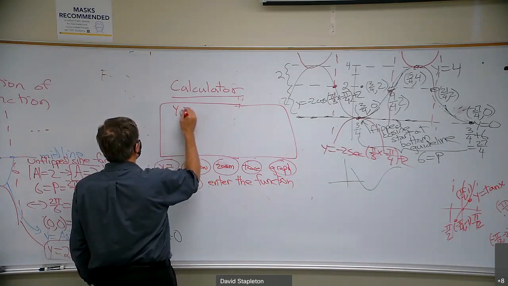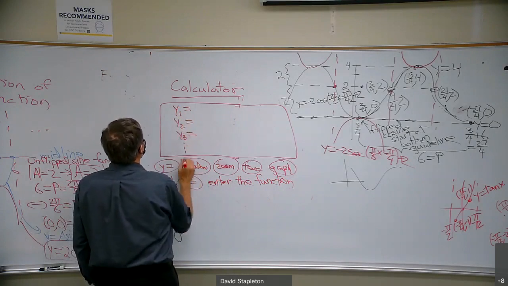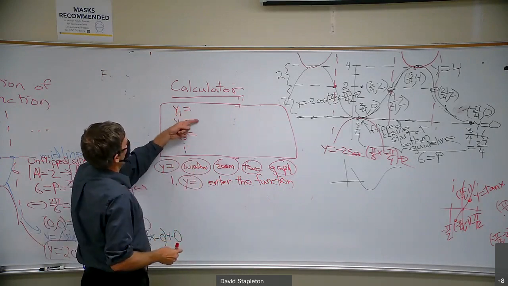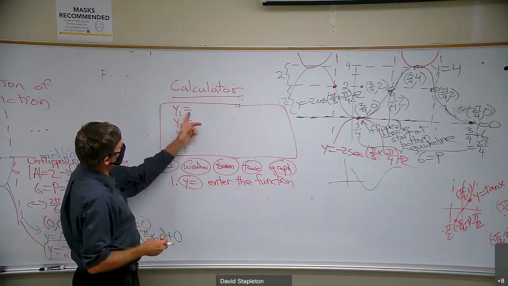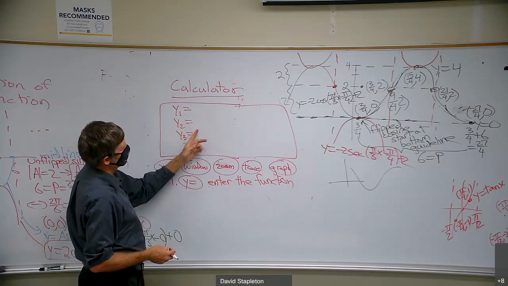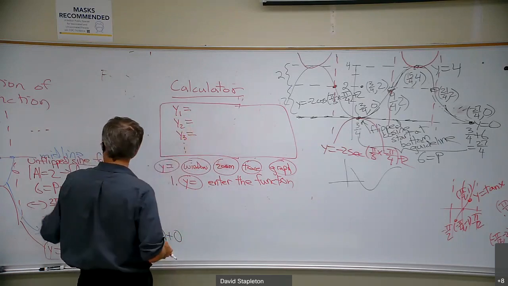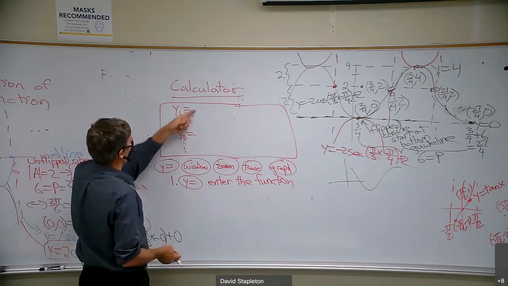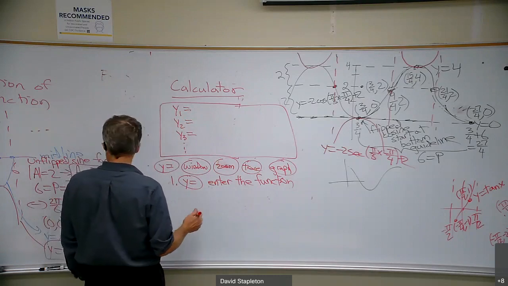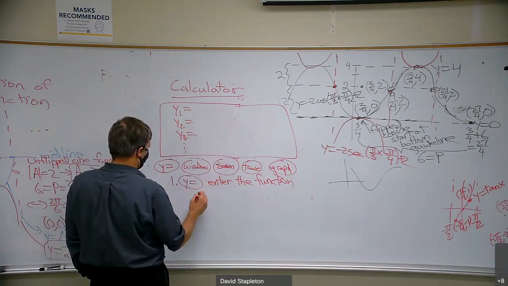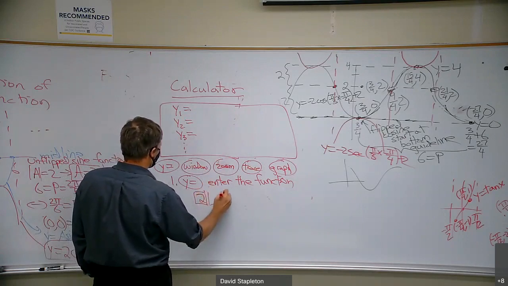It says y1 equals, y2 equals, y3 equals. And you can enter multiple functions and graph them all at the same time, right? So you enter a function here and it'll plot, enter a function here, it'll plot the next function. So you could plot sine and cosecant both. But to sketch just the cosecant, it'll come up with y1 and you just enter 2 divided by